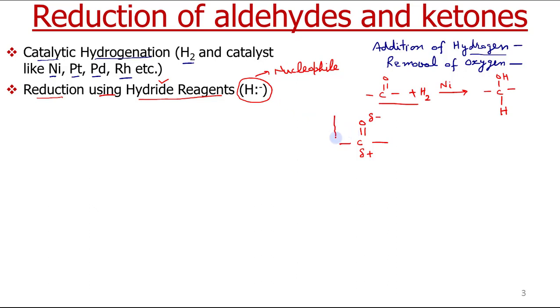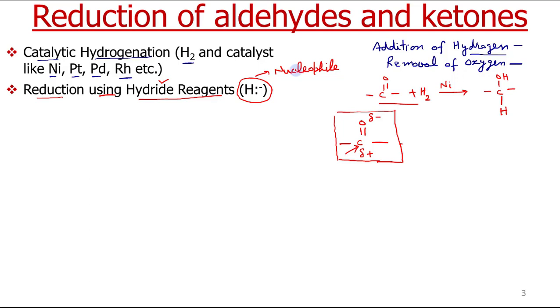But first you have to just remember this polarity of the carbonyl group. This is quite important. The carbonyl group in aldehydes and ketones has polarity like this: oxygen being electronegative is partial negative; carbon being less electronegative than oxygen is partial positive. Now the reagents which have greater electron density will prefer to attack this carbon. So those reagents which have higher electron density, or which love positive charge, since nucleus means positive charge, are called nucleophiles.